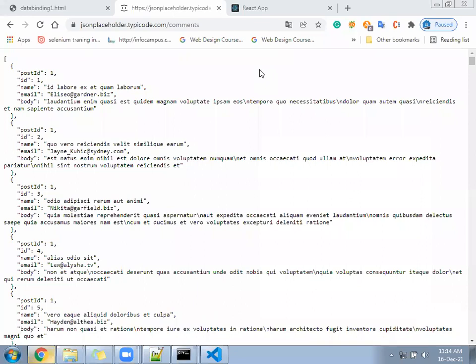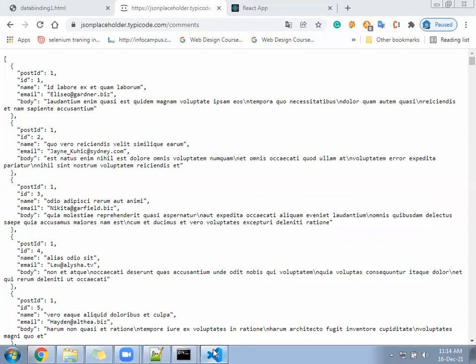It's jsonplaceholder.typicode.com/comments. Please open that. From this URL, data is going to come in multi-dimensional array format.